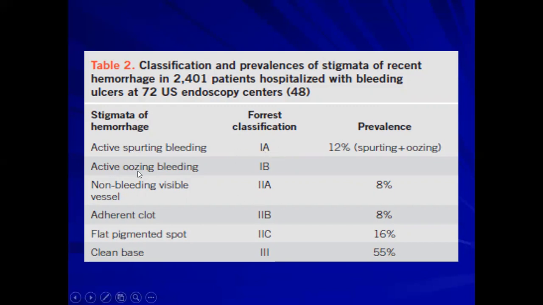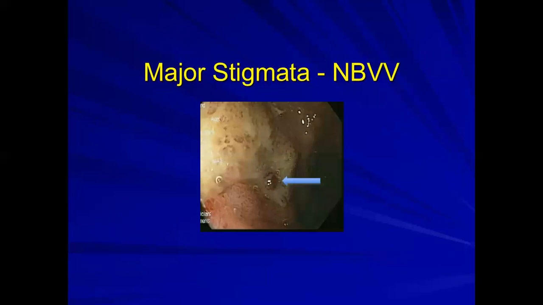If active oozing bleeding, it's 1B. If there is a non-bleeding visible vessel at the base of the ulcer, it is 2A. If there is an adherent clot, it's 2B. And if there is a flat pigmented hematin spot on the ulcer, it is 2C. And a clean base, which we have shown in the ulcer like this,